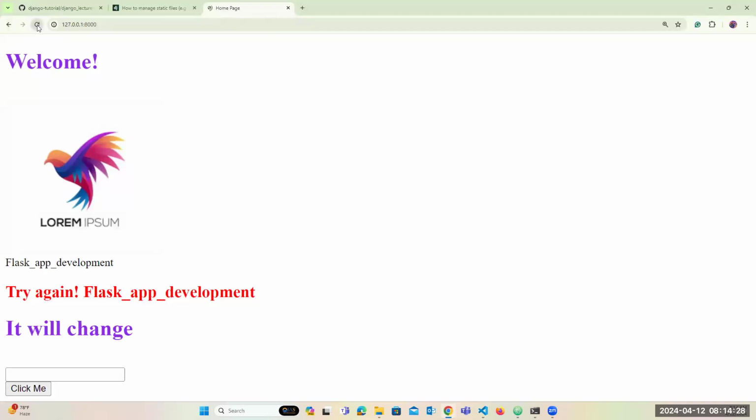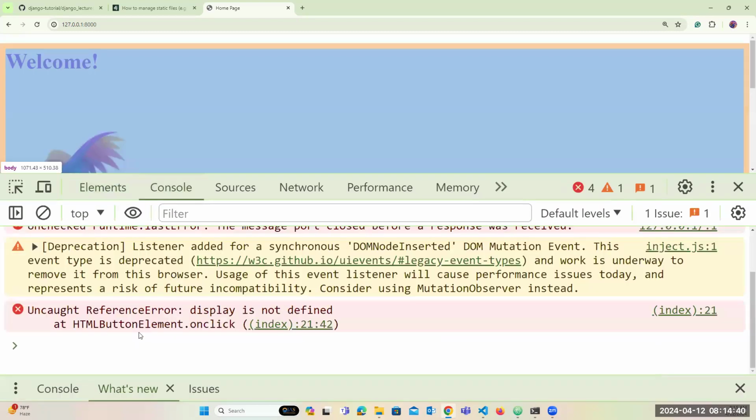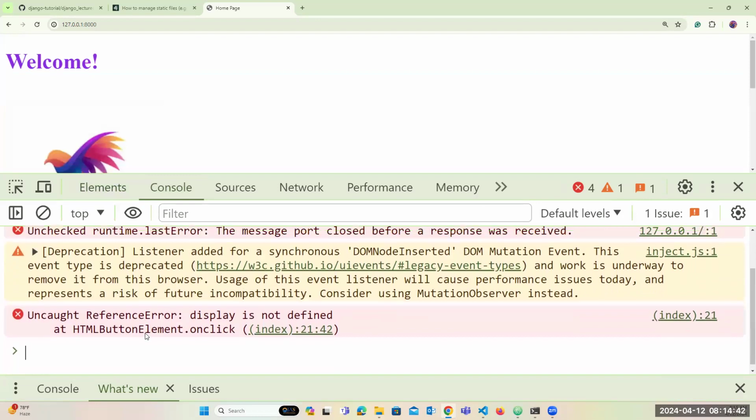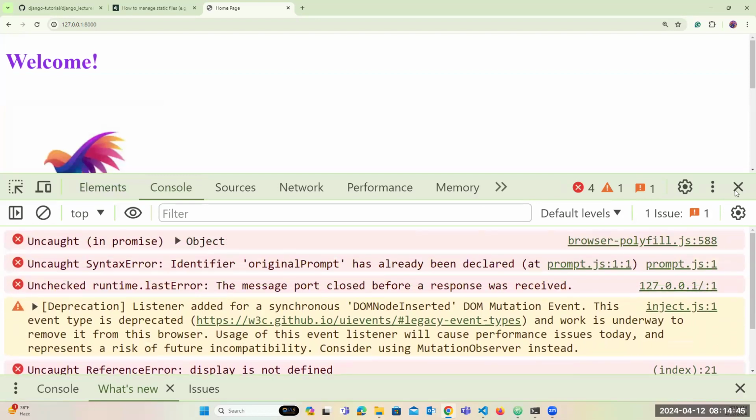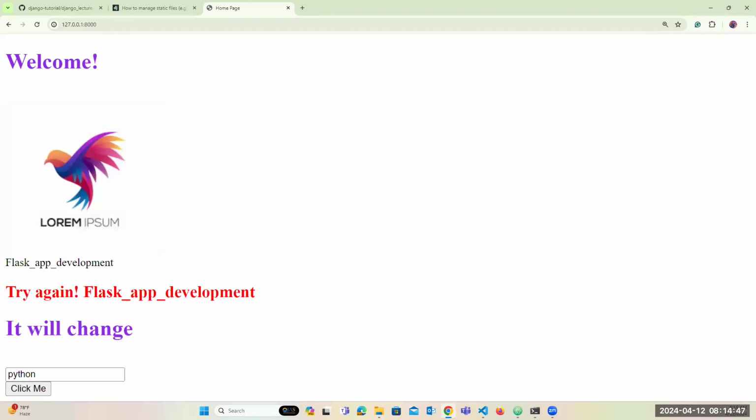I will refresh this thing. I can see my HTML. This will change. What I will do, I'm giving the Python. So on click, it's not happening. What is happening there? You will see this answer. So the problem is there. Yes, the problem is there when you are